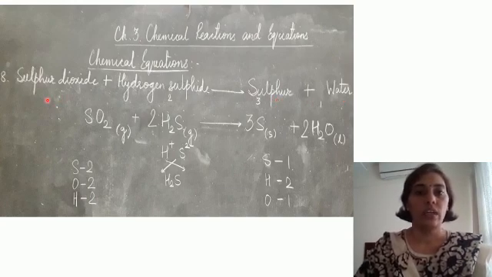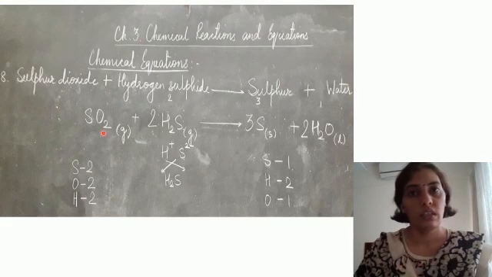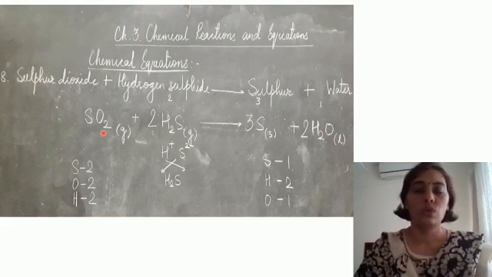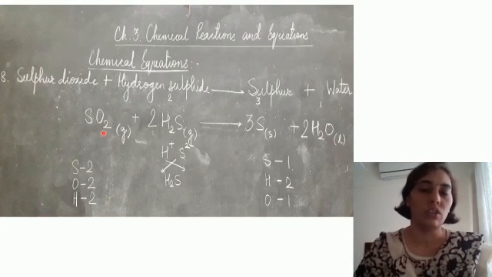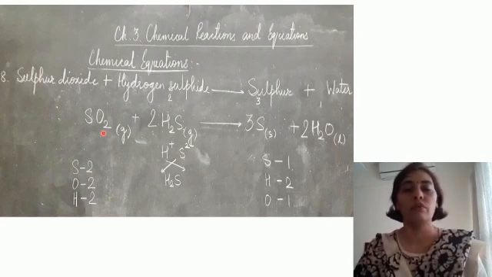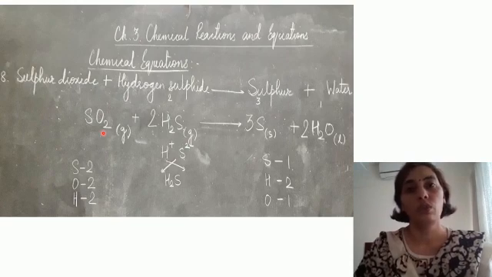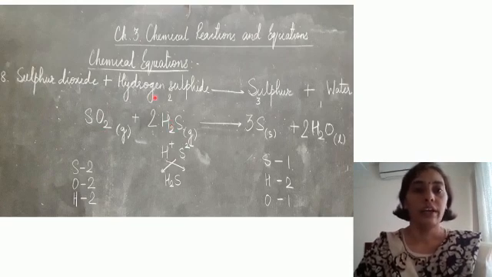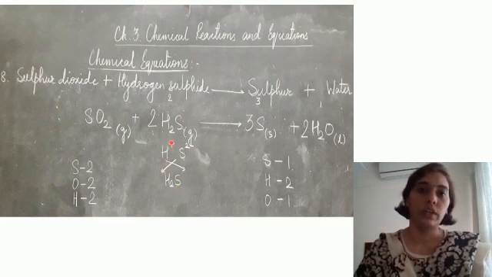So let's write down the equation, sulfur dioxide. Now you remember this formula. Don't make the formula. Sulfur, that is S, and dioxide. Di means two. So dioxide, oxide is oxygen. So sulfur dioxide formula will be SO2. Then hydrogen sulfide. So hydrogen and sulfide. Sulfide radical is S2 minus. And hydrogen is H1 plus. So when you cross, you get the formula H2S.